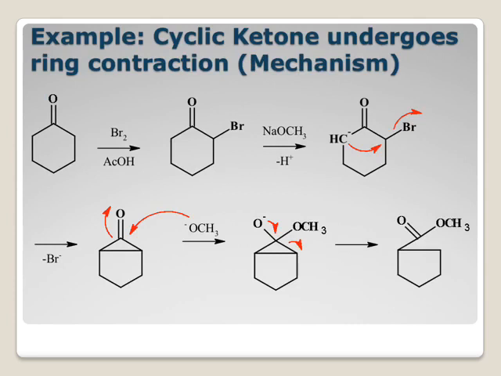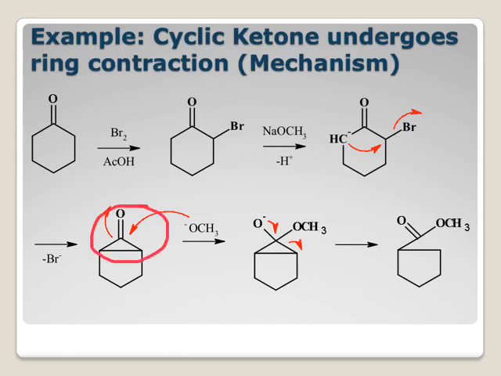First step is halogenation to generate alpha bromocyclohexanone. Then this base abstracts the proton from this carbon atom, generating this negatively charged carbanion. Now this negatively charged carbon atom will attack on carbon bearing halogen. So here you have to remember that once you have got carbanion, in the next step it will attack on carbon bearing halogen. So that halogen leaves the molecule because halogens are good leaving groups. So this will attack here and bromine will leave the molecule to form a new carbon-carbon bond, we get this intermediate. So here you can see cyclopropanone ring, and it is a symmetrical molecule.